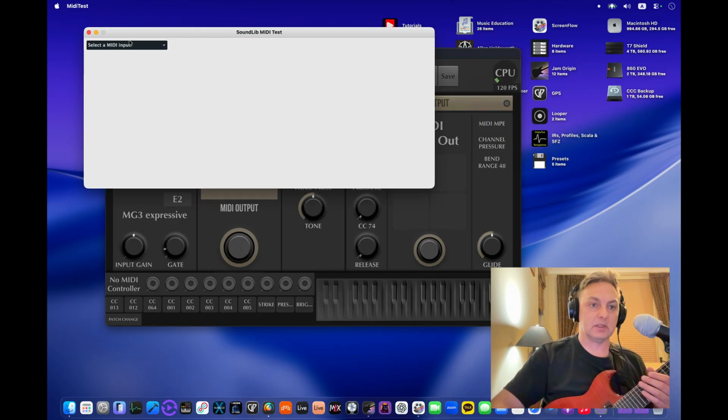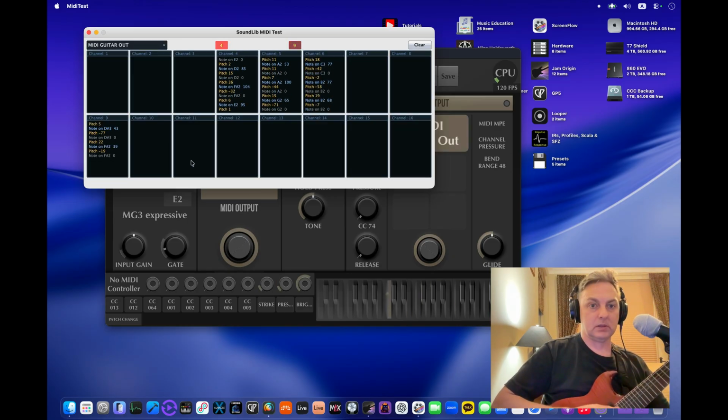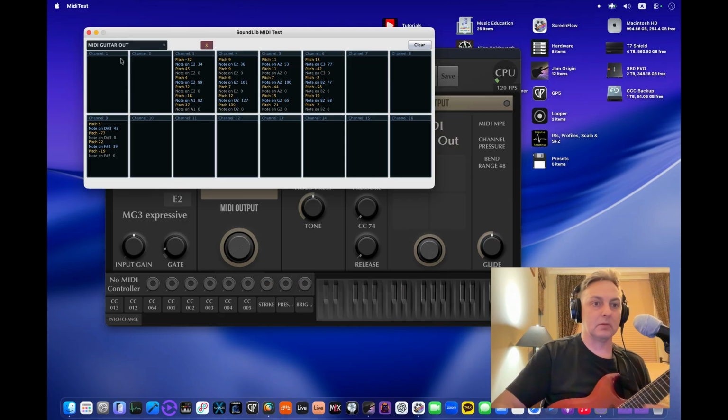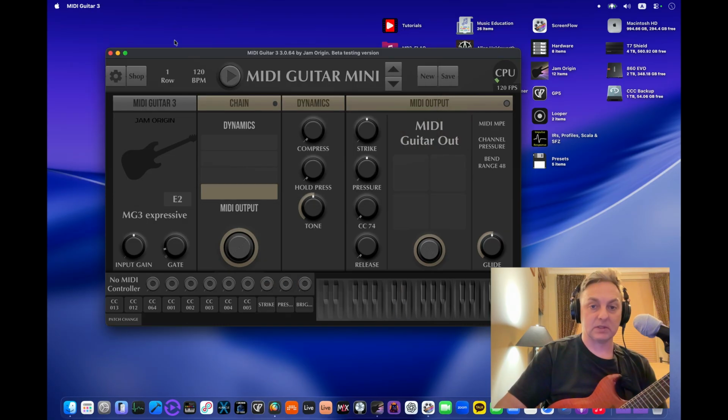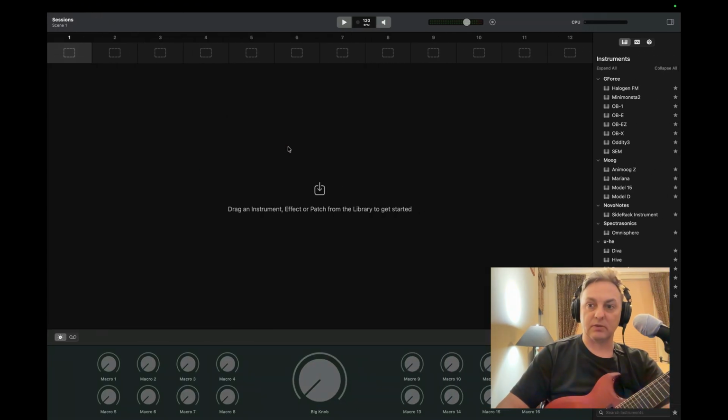Just have a look at this here, and so as I play now, you can see pitch data coming out of MIDI Guitar. So alright, now I'm going to hop over to here, and the first thing I'm going to do is